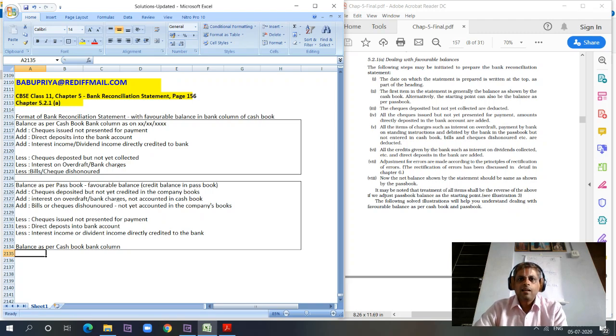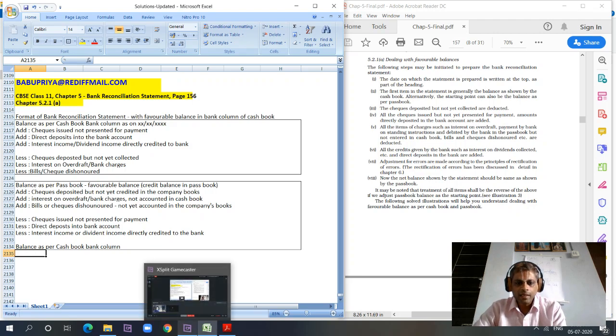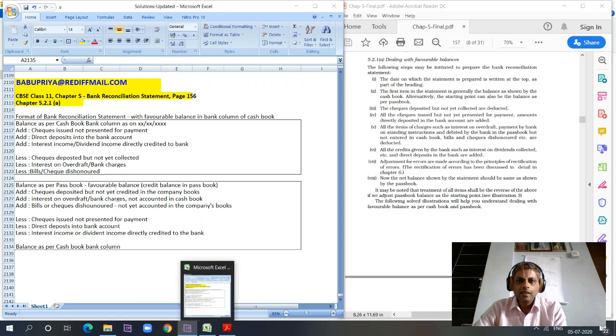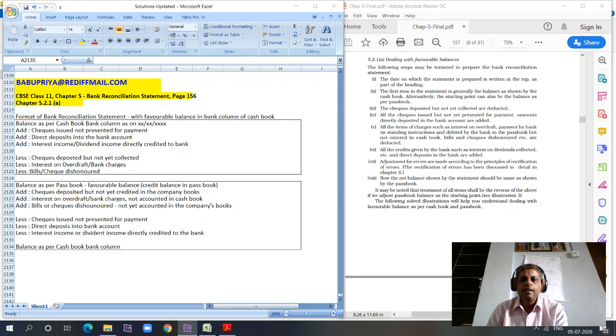understanding the concept is the golden rule as far as reconciliation is concerned. Again, to repeat it, the rule is the same when you do a reconciliation as per passbook to cash book or cash book to passbook, or from supplier account to our books, or customer account to our books, or our books to customer account. Either way, the concept remains the same. If you understand what is causing the difference and whether you have to add or deduct it, then the reconciliation becomes all the more simple.